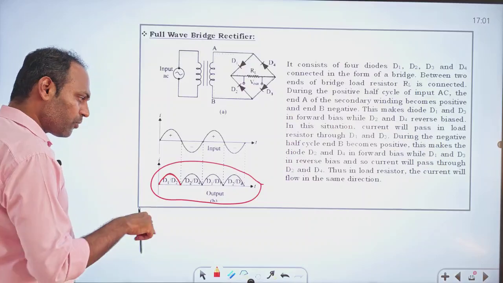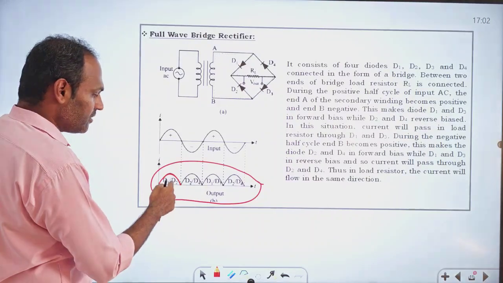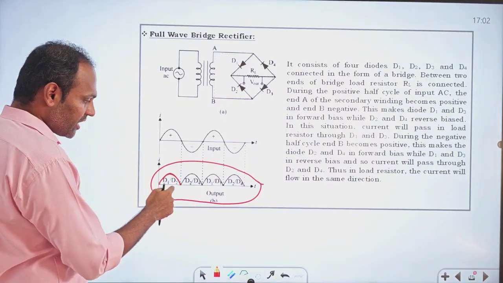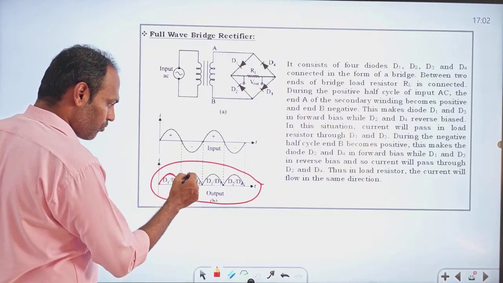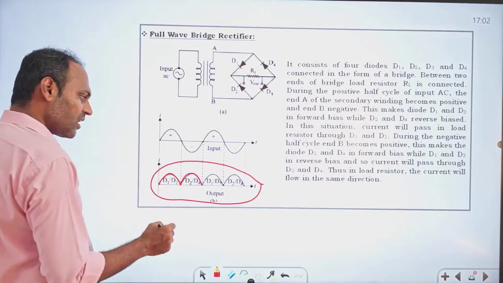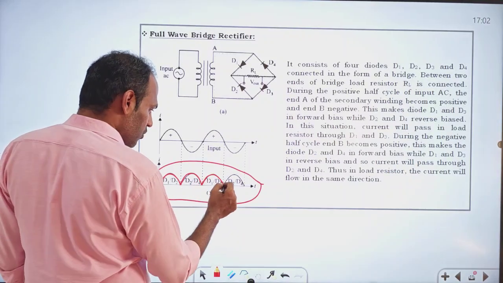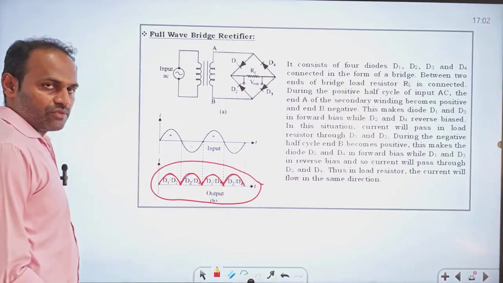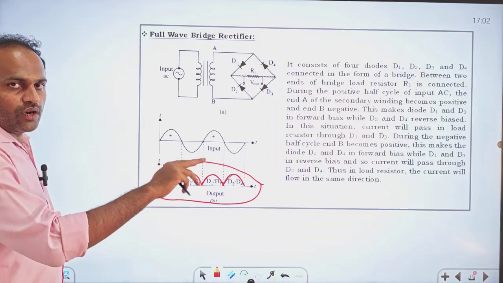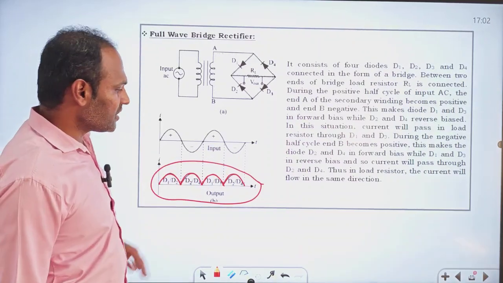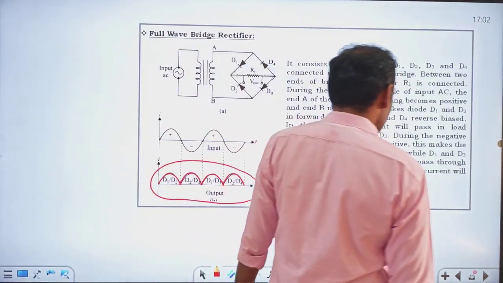Here, first output you will get by D1 and D3, second output by D2 and D4, third output by D1 and D3, fourth output by D2 and D4. Like this you will get it, right? 1 3, 2 4, 1 3, 2 4, like this output you will get. So the waveform is the same as that of full wave rectifier, right? Okay, so that's all about